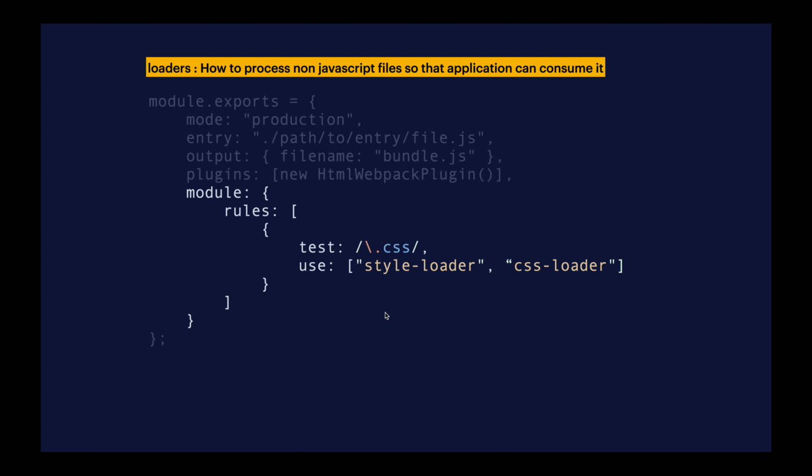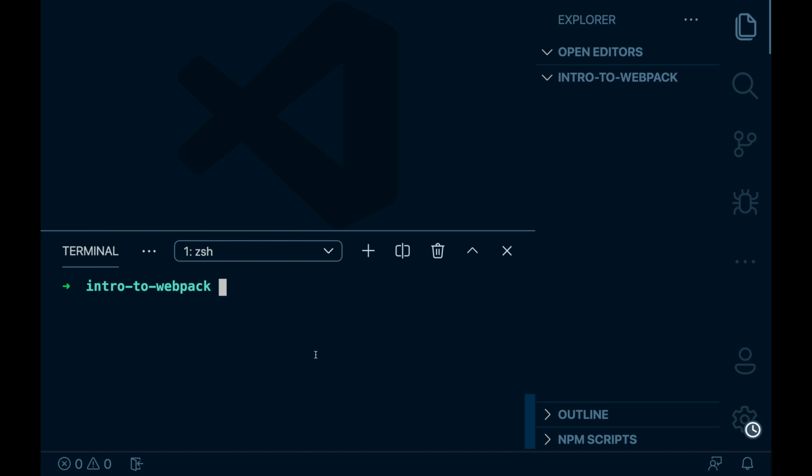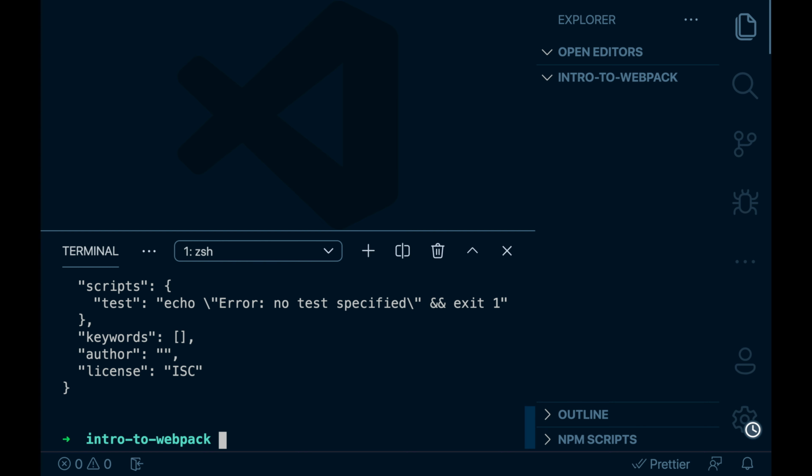Now, we have got some knowledge on how to write a Webpack config file. Let's jump on to VS Code and try to implement them in a simple application. I'll open the terminal. I'll initialize the project by saying npm init -y. The package.json file is created.